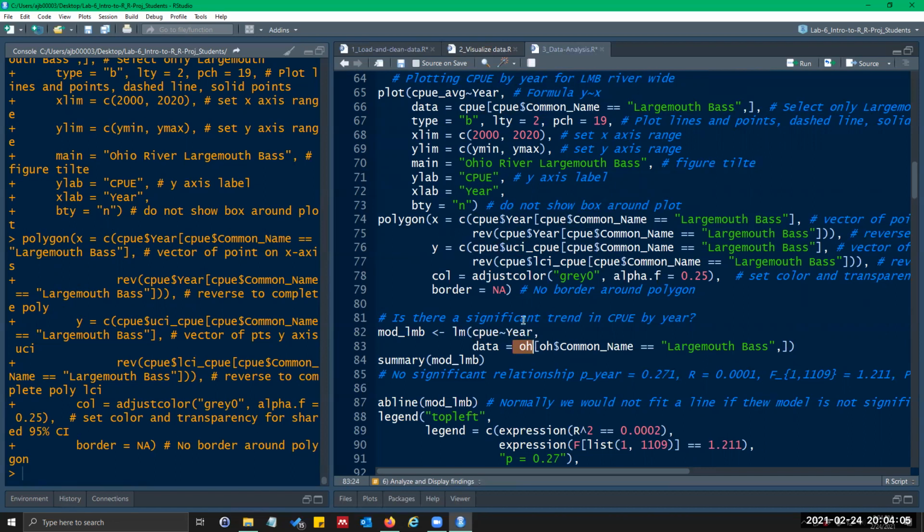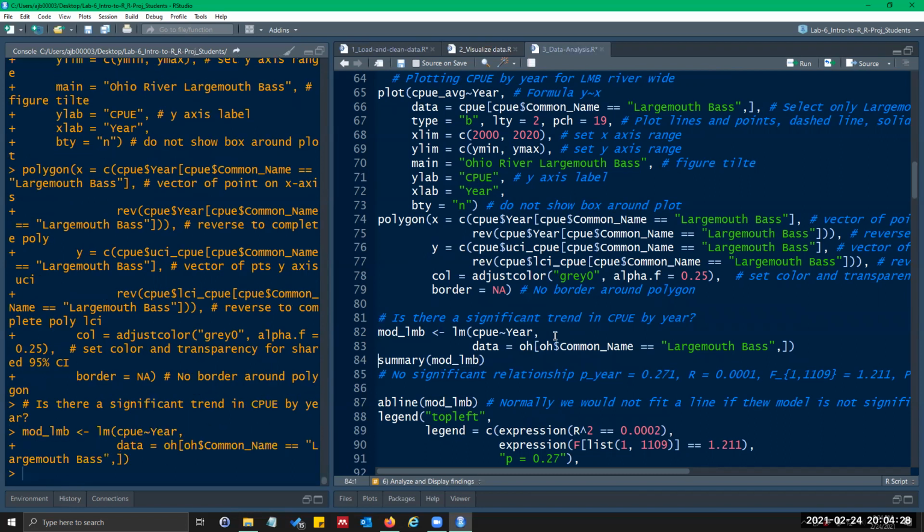That's because we want the natural variability within the data. We don't want the aggregated data that is averages. And then we have, again, this same subsetting command for largemouth bass. And then we're assigning that all to mod LMB.